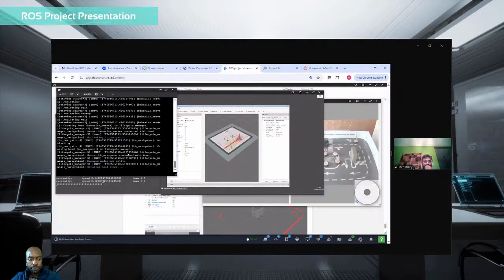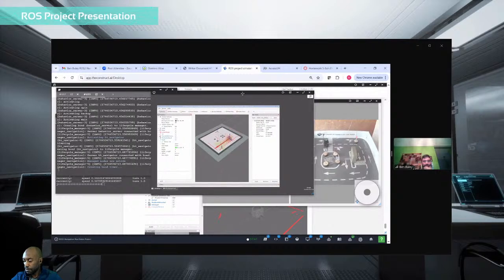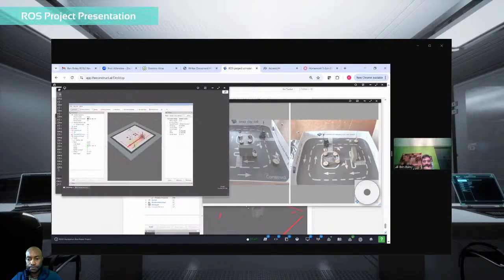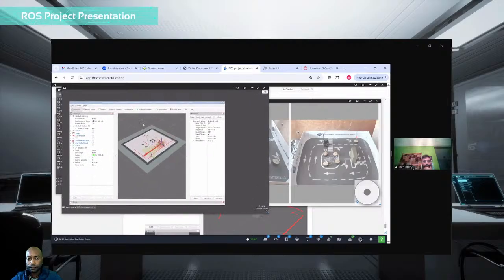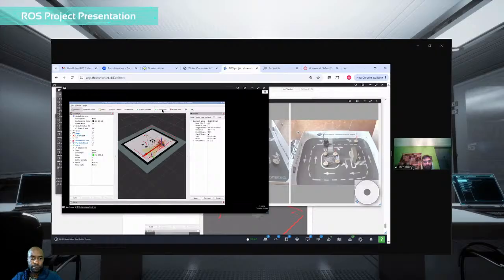Okay, so yeah, lifecycle manager, BT navigator. Things seem to be launching as expected. So here's what I'm going to do. With the tool that's provided here, 2D goal pose, I'll be able to manually communicate with the robot and tell it where to go throughout the map. If I do 2D goal pose, for example, if I just go down here